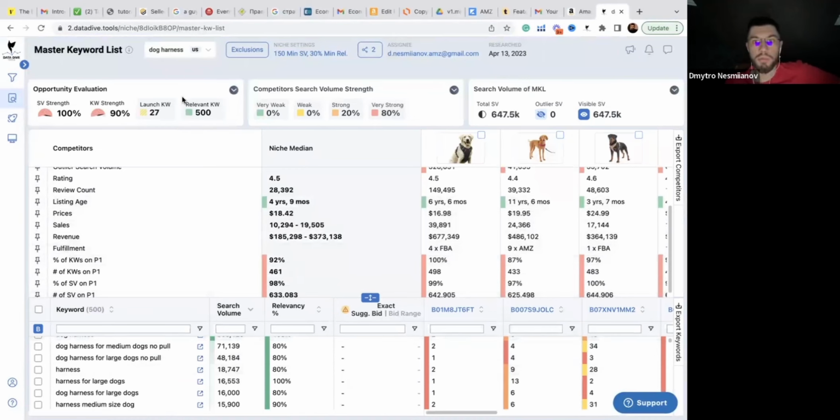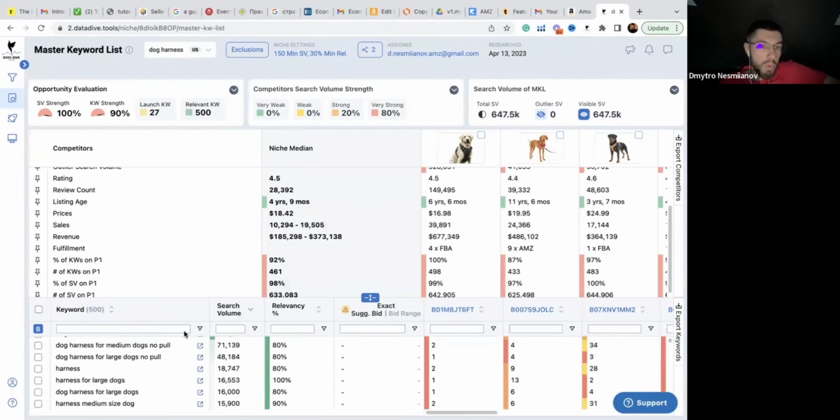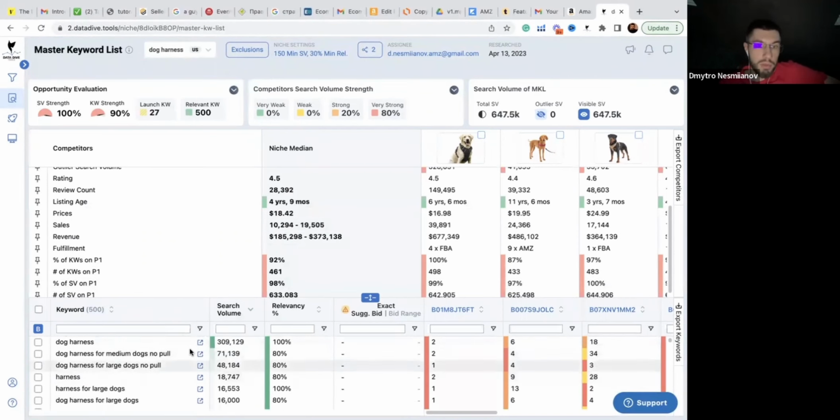But you'll be able to track all your keywords, because we always download this master keyword list and keep it somewhere on sheets, and we track every keyword from the master keyword list, where we are at, because eventually we want to cover all these keywords from this list. It's just we might not be ready for all of them. All of them will have different